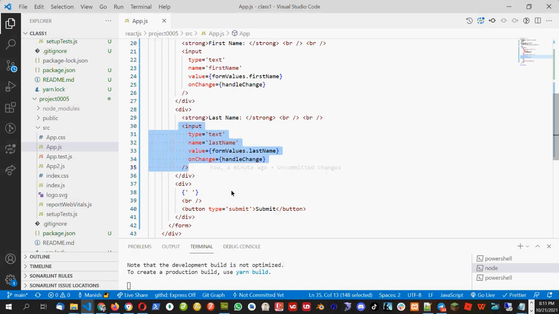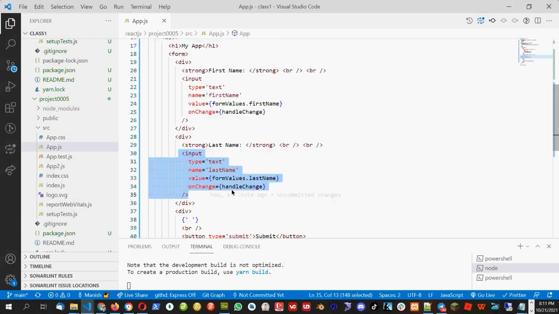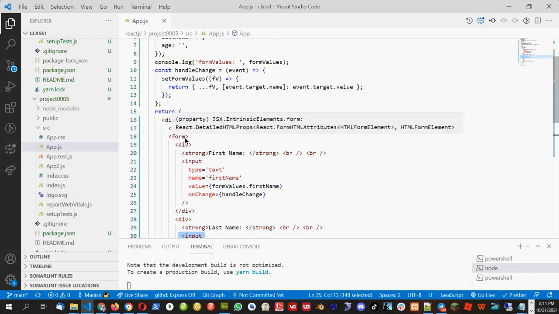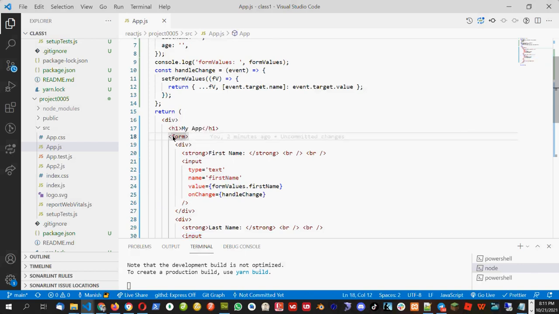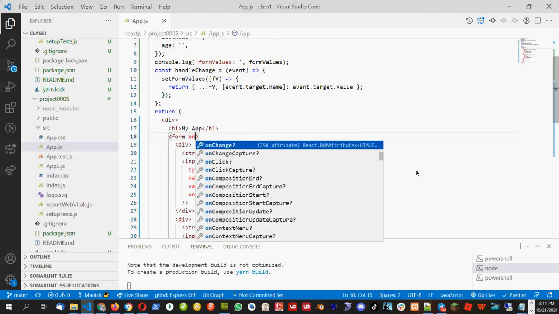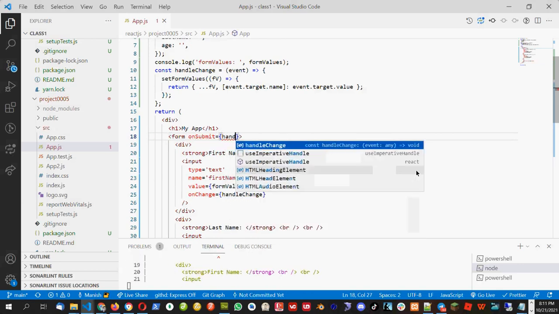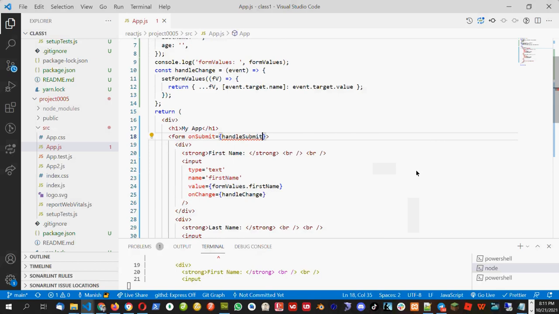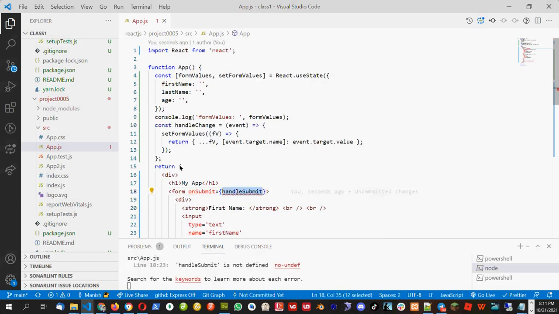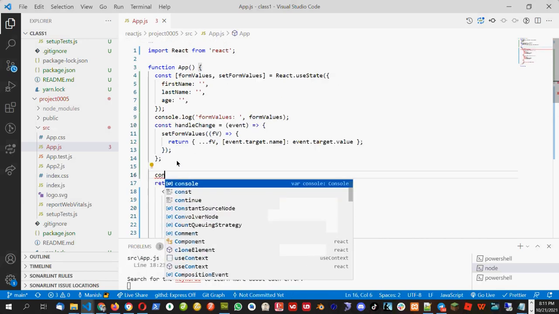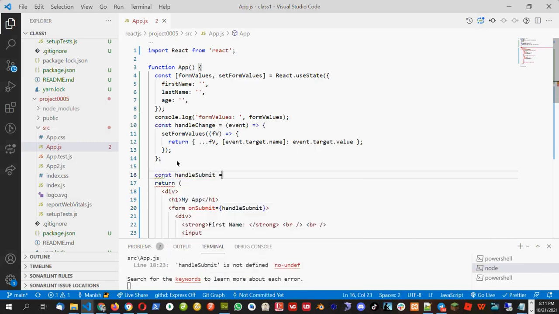Ashok Kumar is saying event.preventDefault, and that is the right thing. I will see how it is done. In the form tag, we will add onSubmit, and on submit I will call one function called handleSubmit. I will create this function here. I have not created it yet. const handleSubmit is equal to